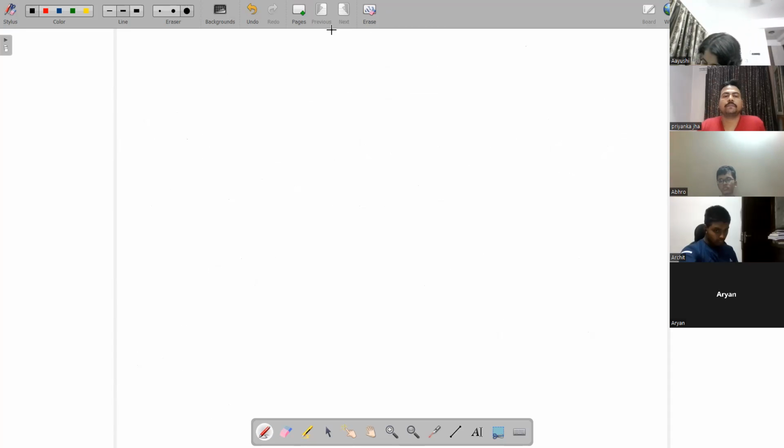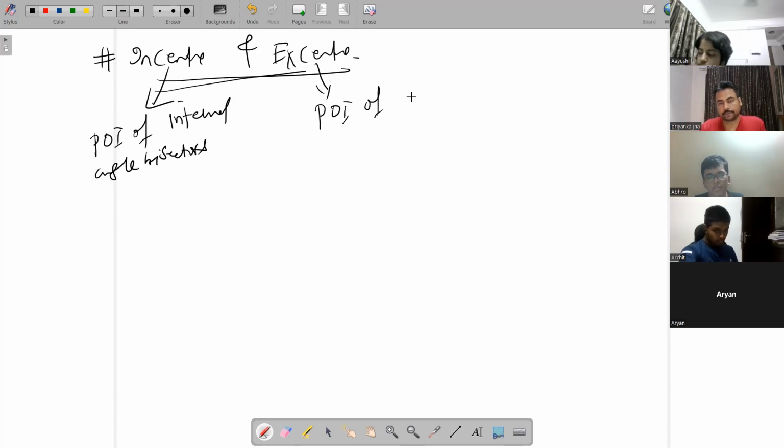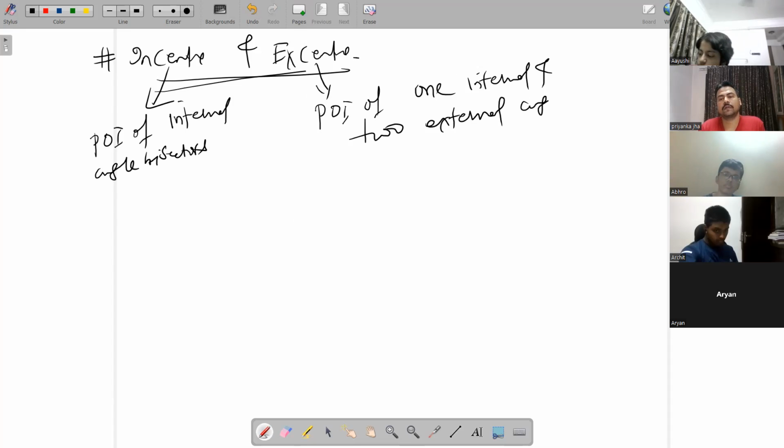Okay, last point in this: incenter and excenter. Look, incenter is the point of intersection, POI meaning point of intersection, of internal angle bisectors, and excenter is the point of intersection of one internal angle and two external angle bisectors. How? See,